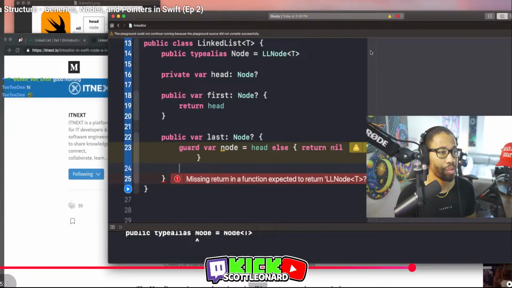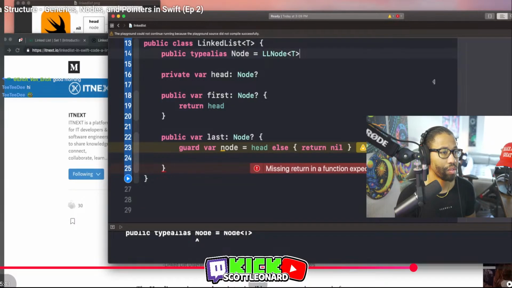And that's exactly what we kind of want to handle after we've checked this, because this is only one case. So the next case is to kind of traverse down the list and find that.